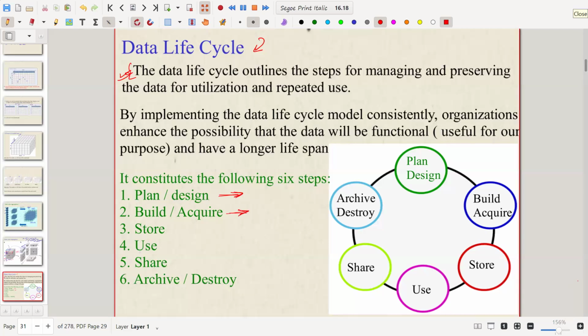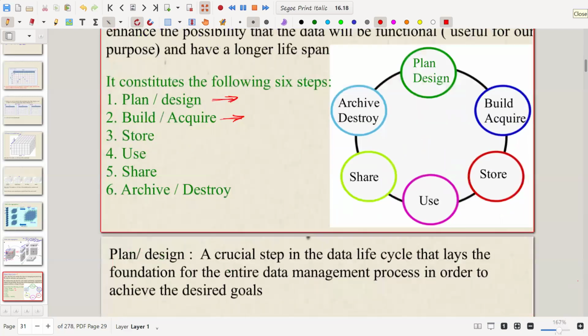Okay, now you decided that you want the customer name and the customer age and other things. Then you have to plan to acquire those data sets. So whenever a customer comes, make sure that you acquire the data of name and phone number. Okay, then